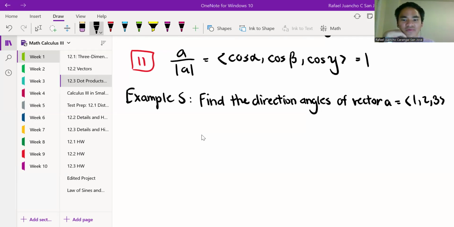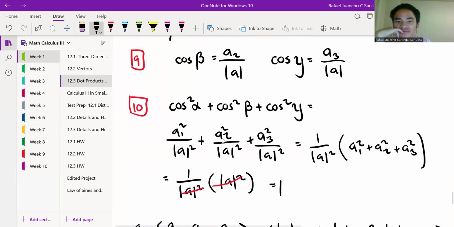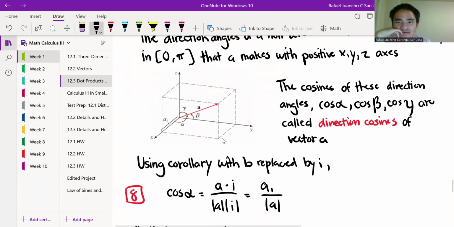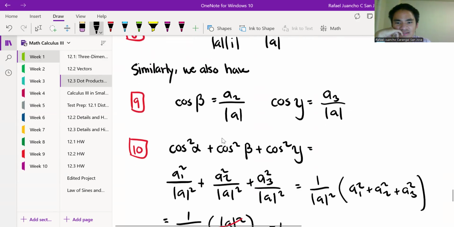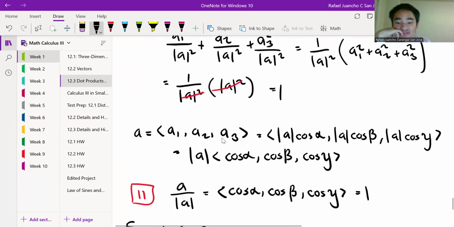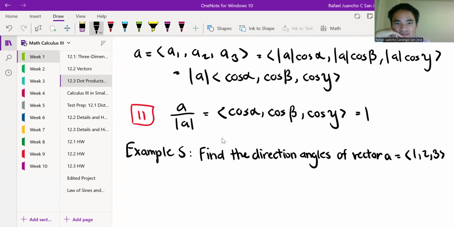And so how do we do that? Well, we just make use of our formulas, right? So which formula here can we make use of based off of what we have? Well, if we're given each of these, then we might as well